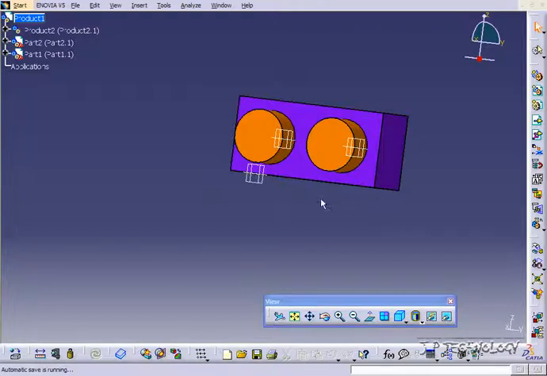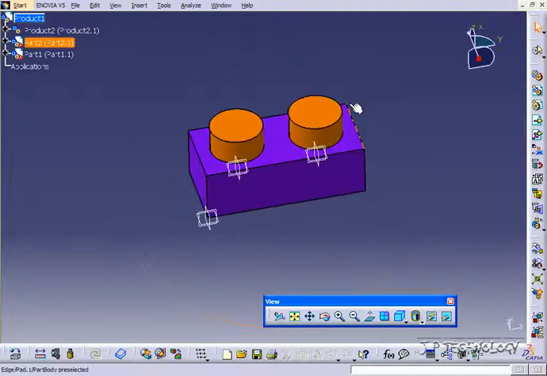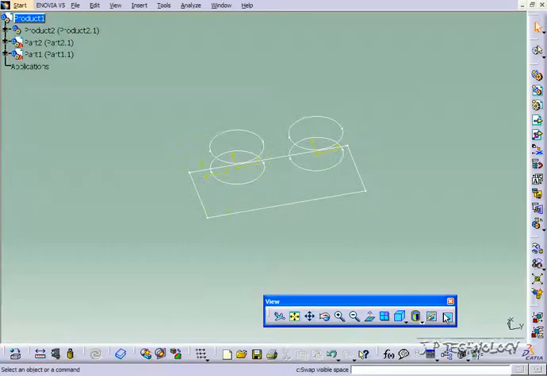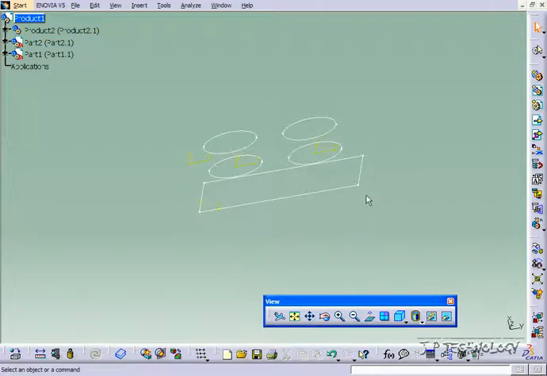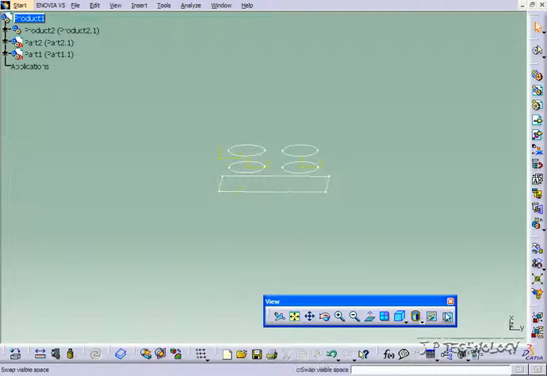Now, in the last one we were hiding some of the components, but really, where are those components going? And where that is in the other space. So if you click swap visible space, you get another space that shows what is not shown to you in the other space. So everything that is hidden, so you might find sketches, work planes, and whatnot, and it'll